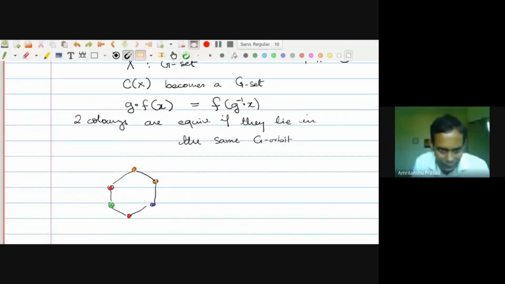So I have this coloring, and to say that something is in the orbit of this coloring, now my group Z mod 6 just acts by rotations. So here's another coloring which is in the same orbit. I'll just shift the colors. So I will paint these two orange, this one dark blue. Then after that I will put red, and I'll put red here, and I'll put green here. Okay, so I have these two necklaces,